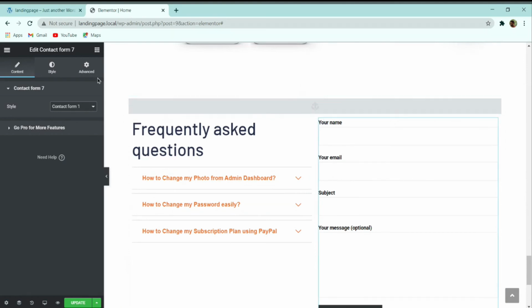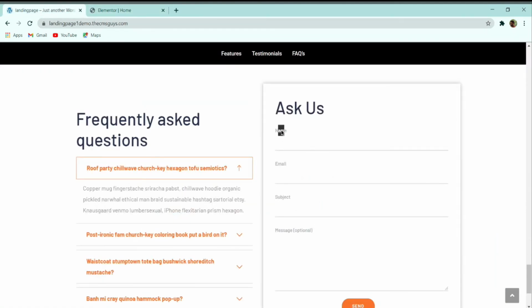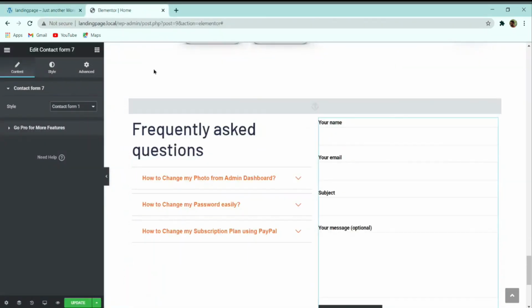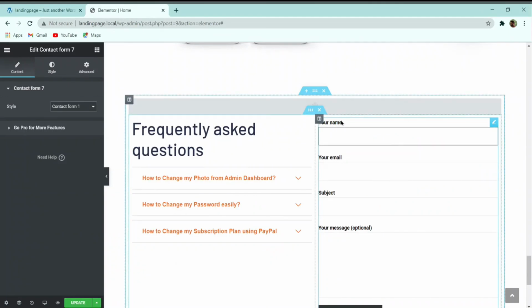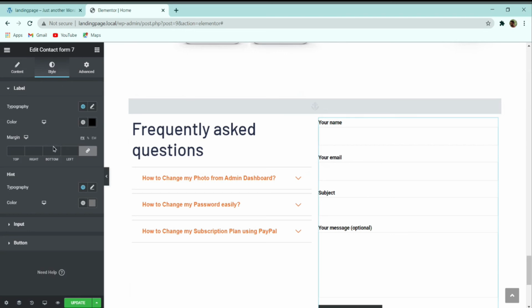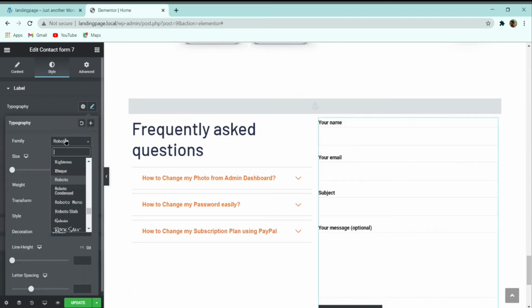So what I can do is, let me show you how you can customize this. These are basically the labels: name, email, subject, message, optional. Similarly here in this demo part also, your name, your email, these are the labels. So go to the style, and here you can simply change this label typography.